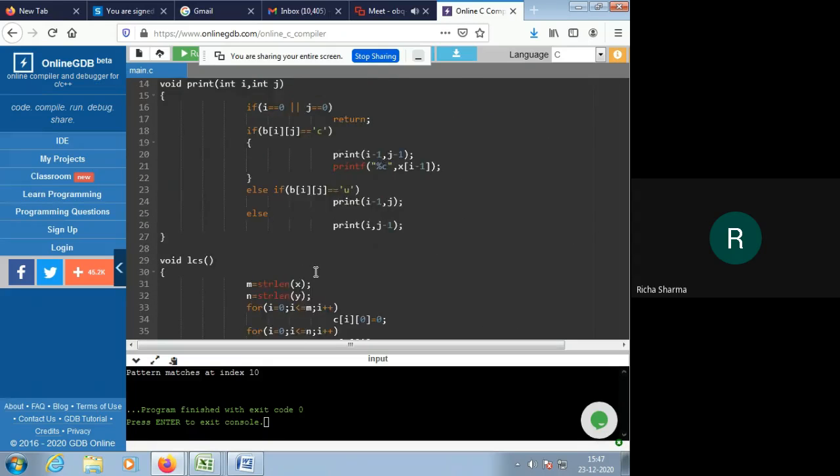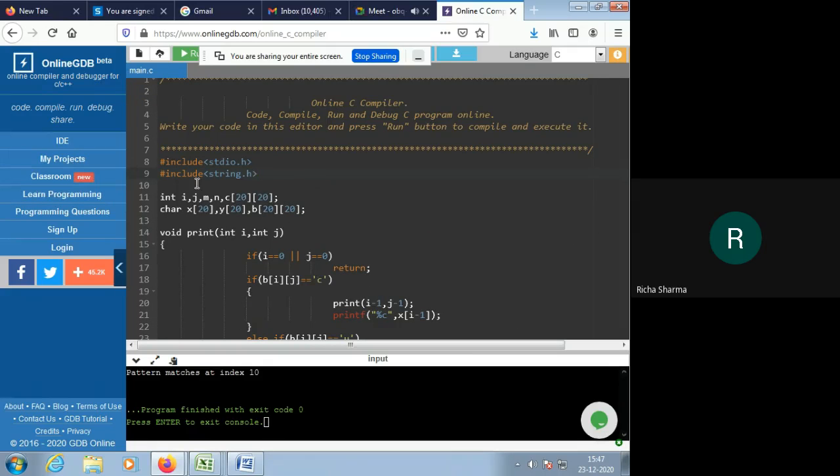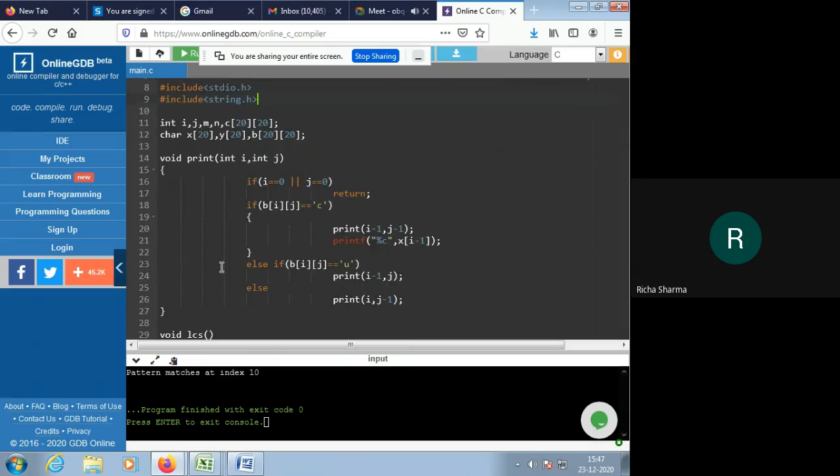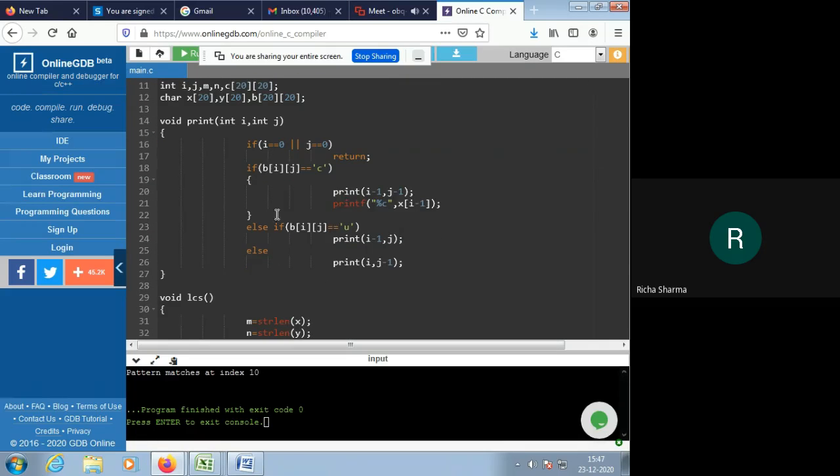One more thing I want to discuss is that we have declared all the variables here as global variables, because all the variables are used in all the functions that we have created in this program. We basically have two functions in this program, one is the print function and the other is the LCS function, and the third is the main function, which is necessary for each and every C program.